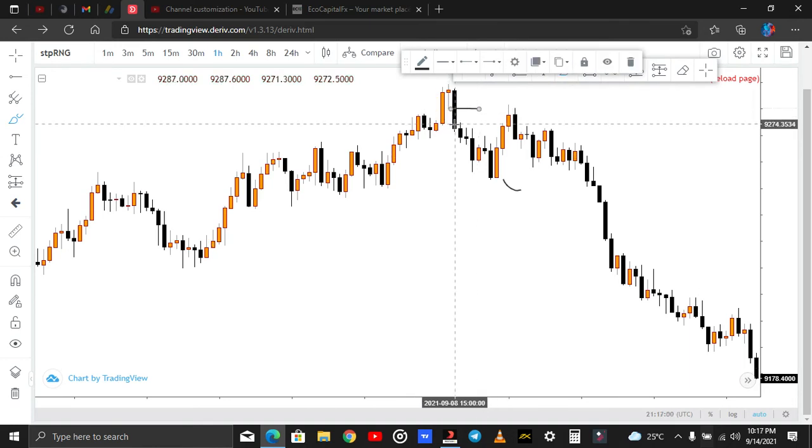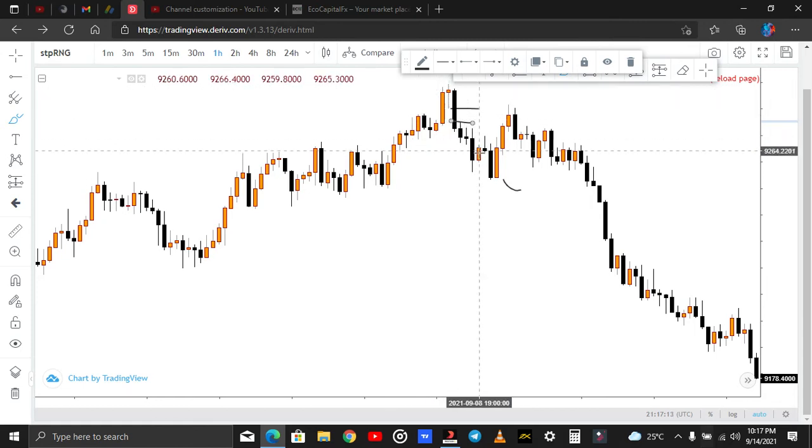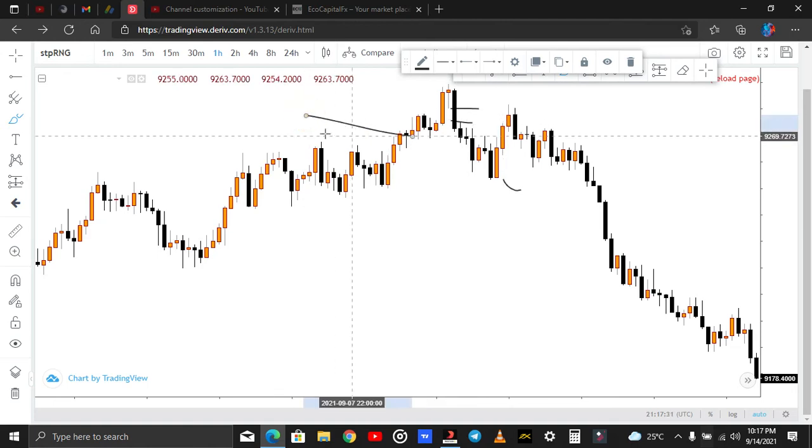There's a wick here, and here also. This is where price stopped. So there was a price imbalance or inefficiency here. Can you see that there was an inefficiency here? And this is the 1 hour time frame. So price was inefficient here. And can you see that price kept selling? This is step index. If you had held this trade, if you had bought from here in the hope that price will come and close this inefficiency, can you see that your account would have blown? It would have blown your account, or you'd have had a very big drawdown. So this is price inefficiency. This is just a very good example of price inefficiency.